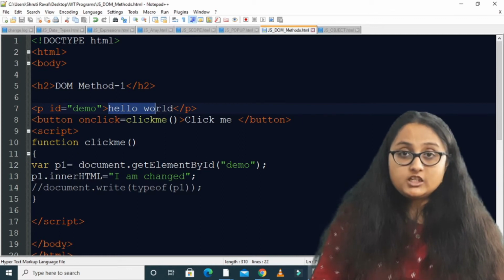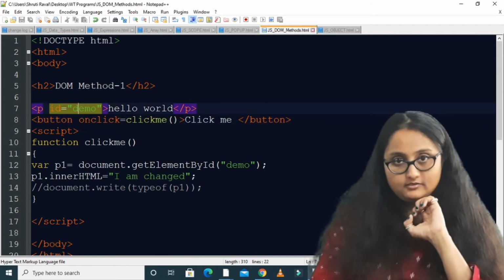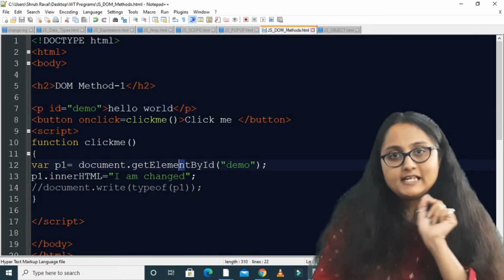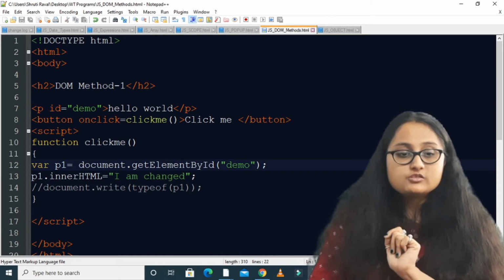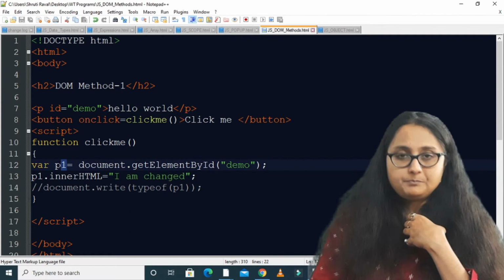Now as soon as I click on click me, what will happen? As soon as I click on the button, this function will be called, and this paragraph will be acquired. Why will it be acquired? Because you are getting it by the method getElementById by passing demo. So this paragraph as a whole object will be acquired and stored in the variable p1.